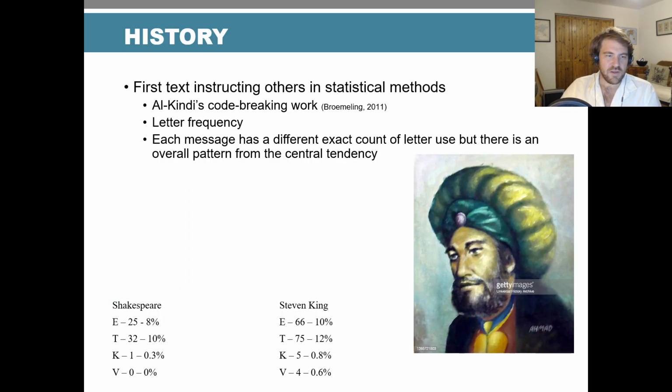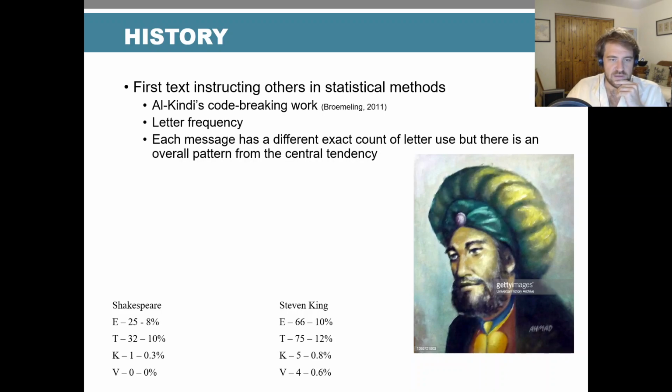From there, we also go into code breaking. How awesome is this? This is Al-Kindi. He was around in, I believe, the 600s AD, not BC. So this is a significant jump forward from Pythagoras' time. But what was really interesting about this is he was using statistics and central tendency to break codes